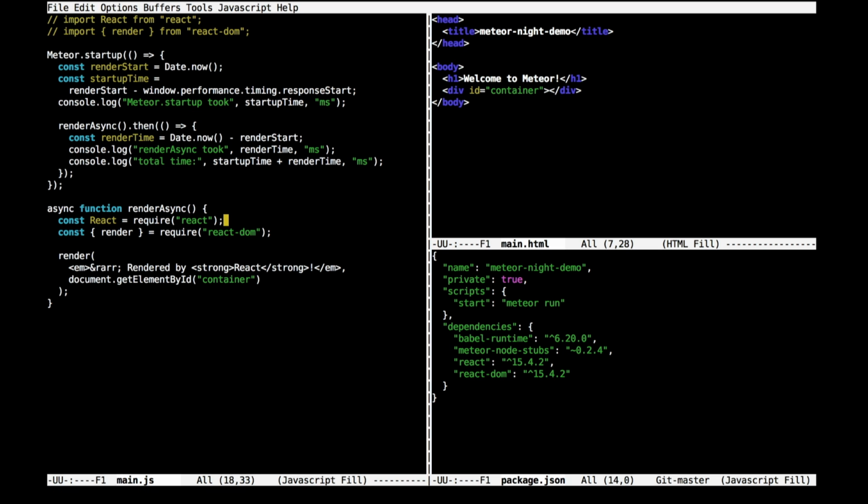So that is the second technique that has only recently become available as part of Meteor 1.5. It's implemented according to a proposal for the ECMAScript specification that will probably land in ES 2018 for dynamic imports. So there will be a built-in import function that works a little bit like require in that you pass it a module identifier string, but instead of returning the exports object for the imported module, it returns a promise for